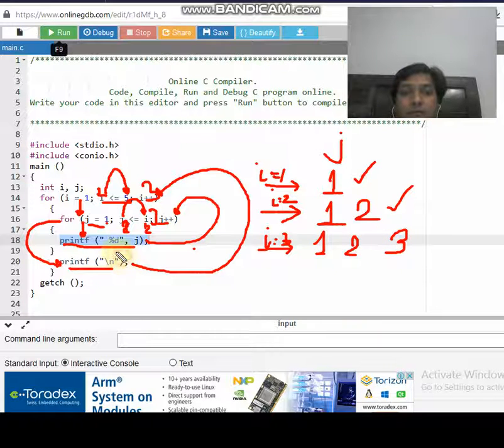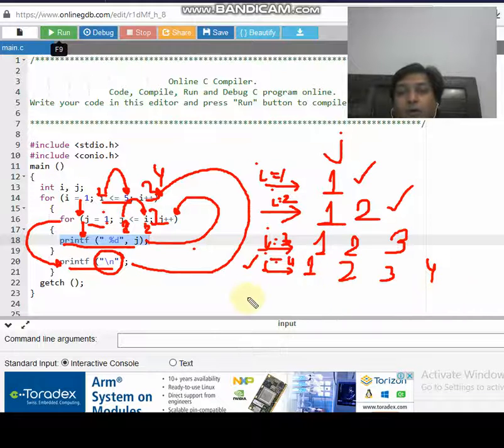and again the new line feed comes into the scene. Then control goes to the outer for loop from the back side, and the value of i becomes 4 this time. Again the condition is true because i is less than or equal to 5. Again j starts from 1 and goes up to where? It goes up to 4. So the fourth time, when the value of i was 4, the value of j gets printed from 1 to 4,